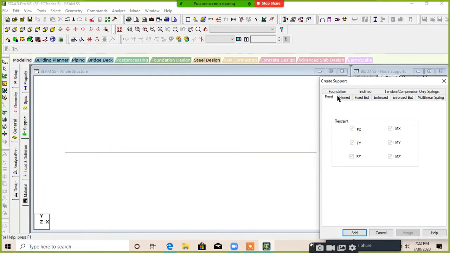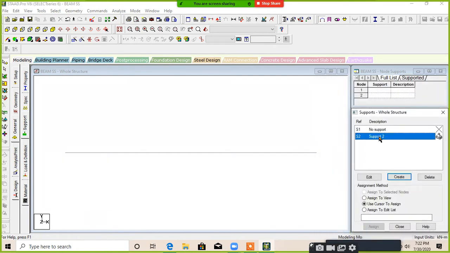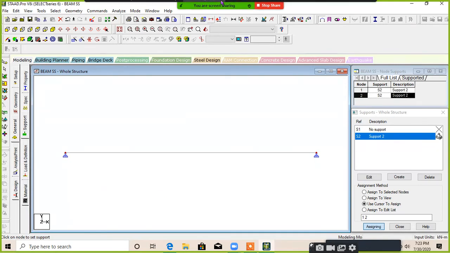So just select a pin support and add this. Look at this, support 2 is added here. Select support 2, take the method as use cursor to assign, then click on assign and click on the node. Is it clear to all?